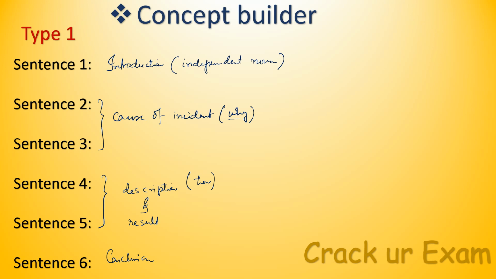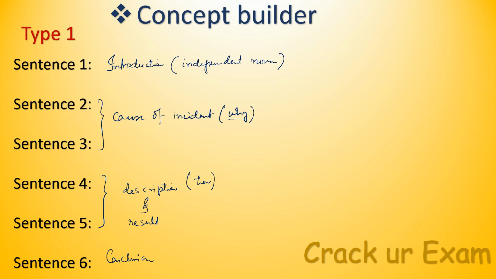Suppose, as you are all aware, that there is massive destruction due to Amphan in our state of West Bengal. If we have a passage based on that, there must be a certain introductory sentence. Then what is the cause of Amphan? You identify those causes, and then the estimates of destruction, which is the result,